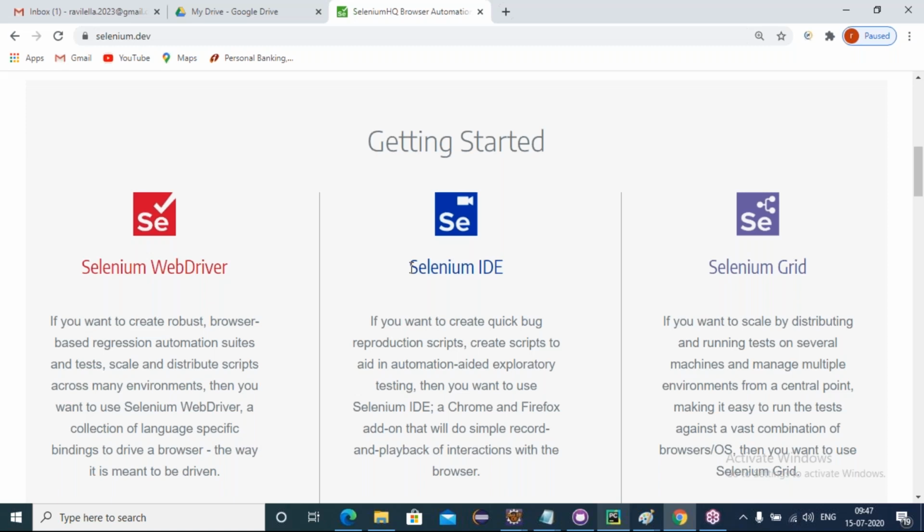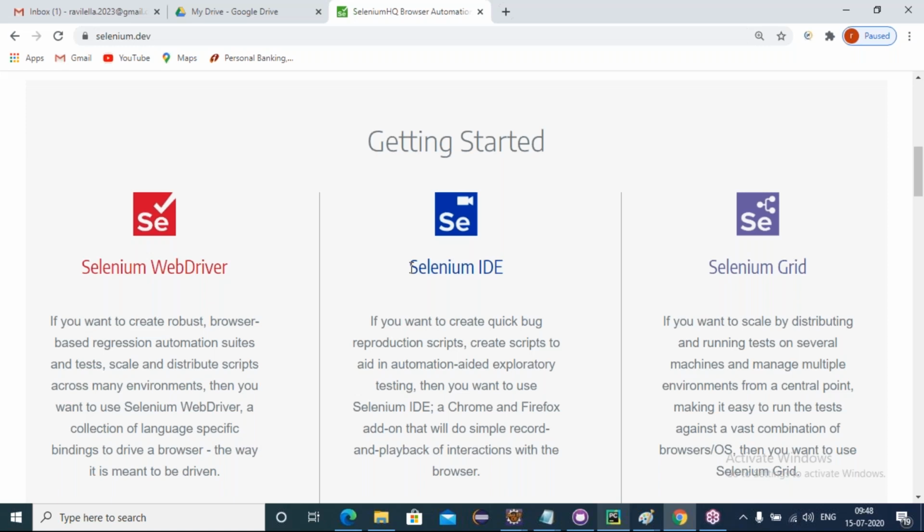You recorded, you stop, now you play that. It's a record and playback tool. Just start recording, do operations, stop the recording, and execute them. That's it. This is one of the advantages of using Selenium IDE.